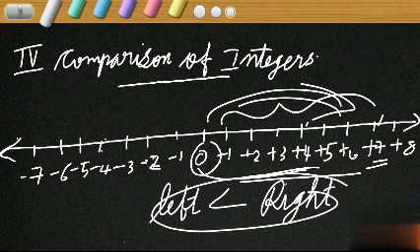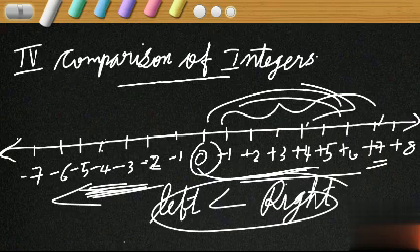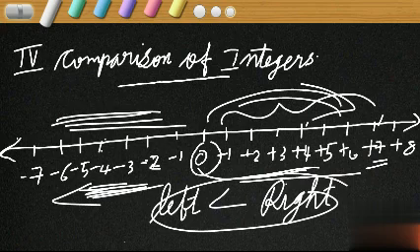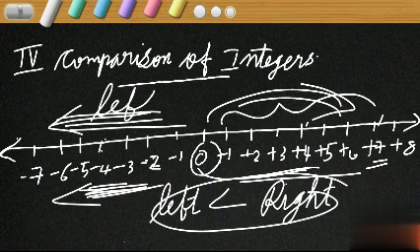Okay, then what about negative integers? Are they on the right side of 0 or on the left side of 0? On the left side of 0. Yes. Isn't it? All negative integers are on the left side of 0. Don't you know left and right? Yes. Then what? Please don't draw like this, okay? Just listen. All the negative integers are on the left side of 0.